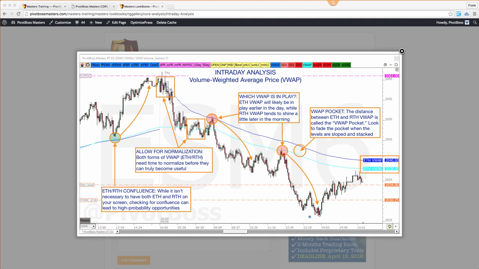At times also, which I didn't put in this slide here, when price gets too far away from its value, you can see this move and it gets too far away and you see the distance between VWAP and that low. When that becomes too great, typically speaking, you're looking for rotations back toward value. And so when price formed a failed lower low here and couldn't go any more, the expectation was that price may come back to value, and that's what you saw here late in the day.